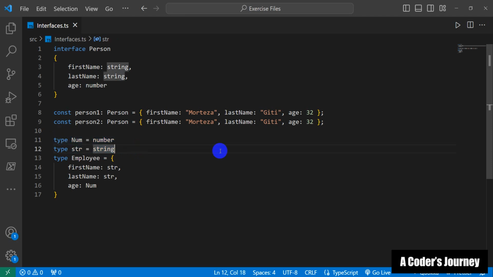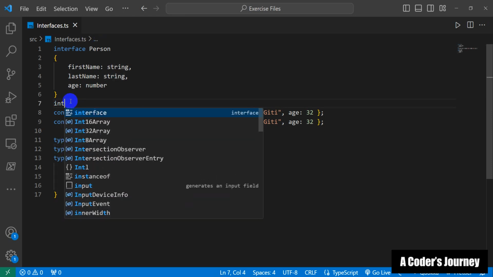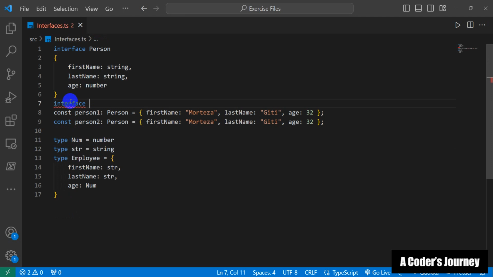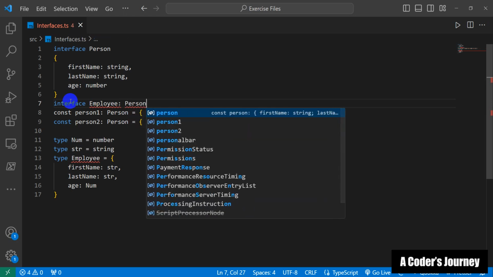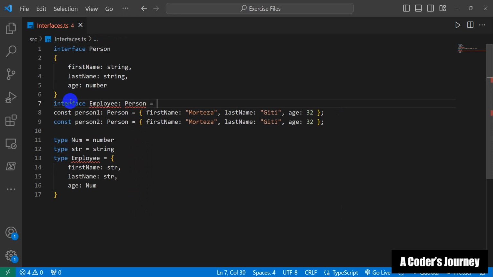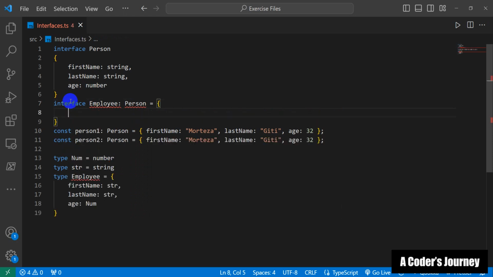One last thing I would like to tell you guys about interfaces is that interfaces can extend from each other. So you can have an interface inheriting or using the properties of an interface you have already defined, and then in that second interface you can add additional properties. For example, we have a similar concept called inheritance in C#. So I can come here and declare a second interface. I'm going to call this employee, and employee is of course a person. Before being an employee, it's a person, and then I can start adding specific